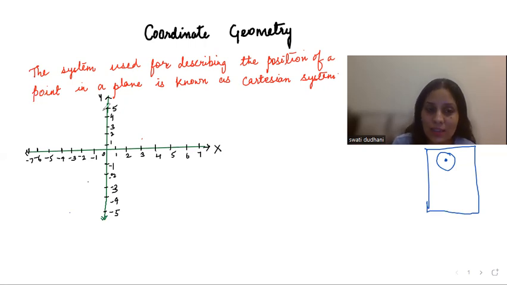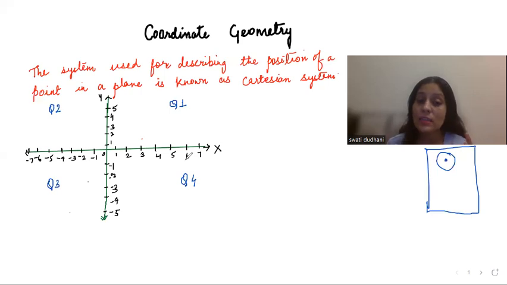So this is the Cartesian system. We have the horizontal axis known as the x-axis and the vertical known as the y-axis. On the right side of the horizontal, we have positive numbers and the left side is negative numbers. And on the y-axis, the top are positive, the bottom are negative numbers. Here we can see that it is divided into 4 parts. The first is known as Q1, quadrant 1. The second is the second quadrant. This is the third quadrant and this is the fourth quadrant.